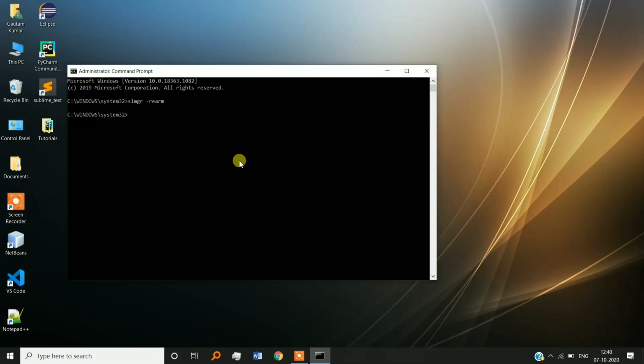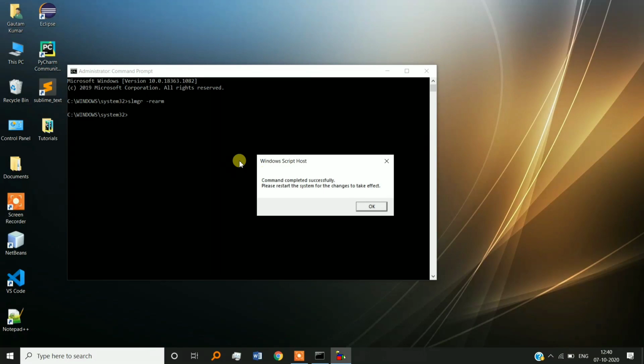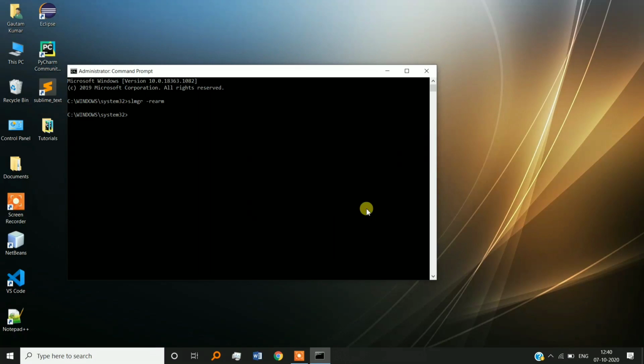After this process, step number one is done, and your problem of getting the notification may be resolved. If you resolve that problem, you need not go for step number two, obviously. After every step you have to restart your PC to see the effect. So now step number one is done.